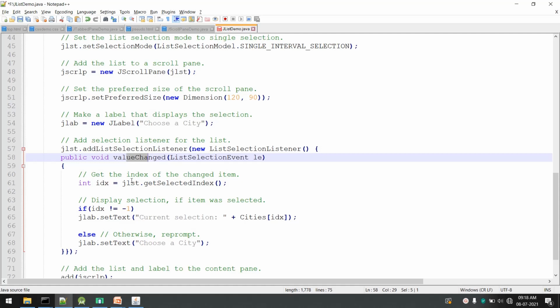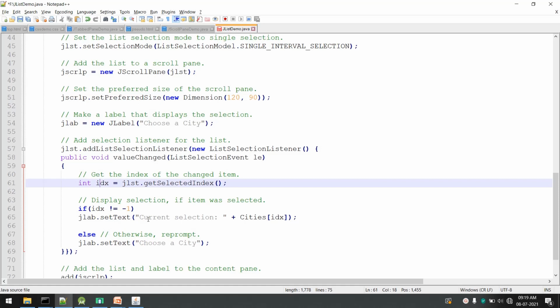Now inside valueChanged, if you look, we are getting the index position of the selected item, jlist.getSelectedIndex. So it will return the selected index of an item, and that will be stored in idx, and we are checking if that is equal to -1.